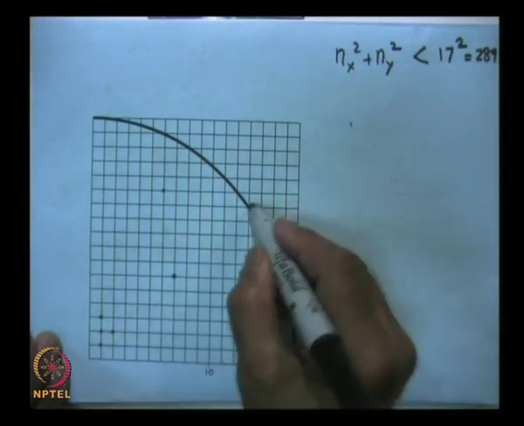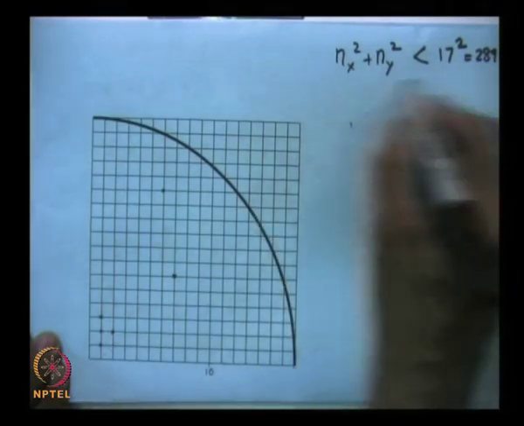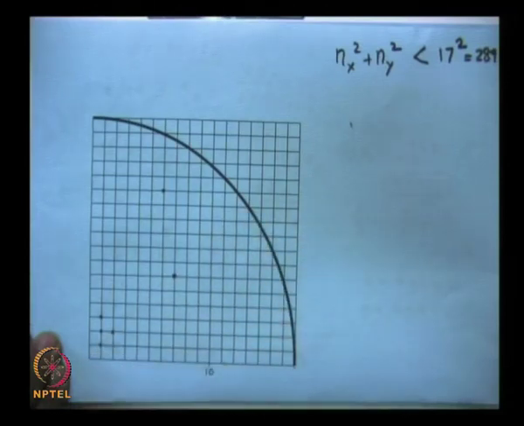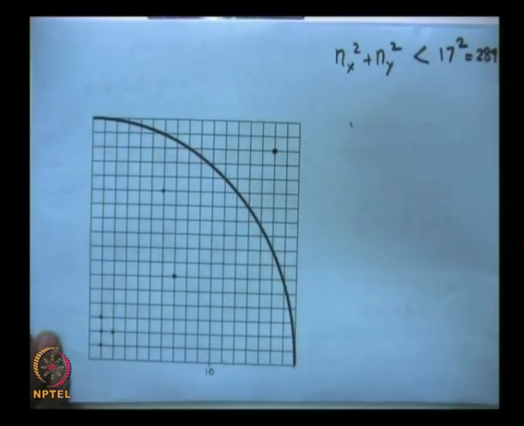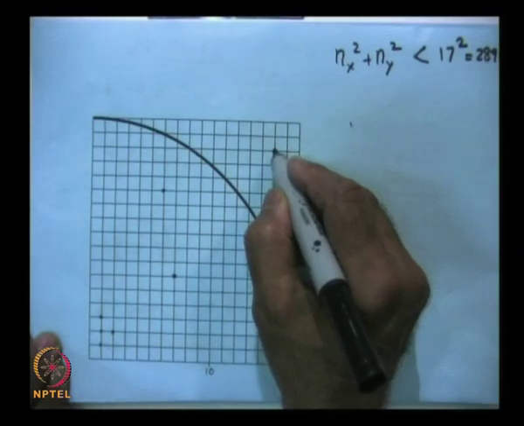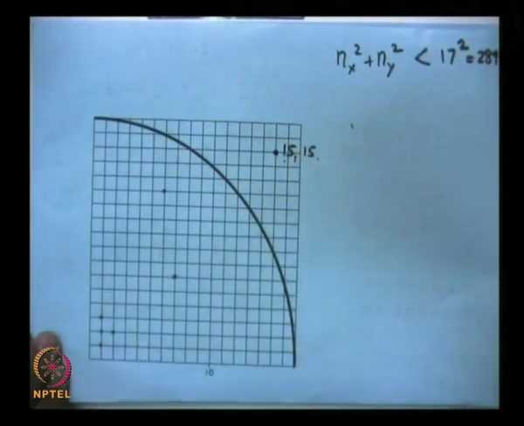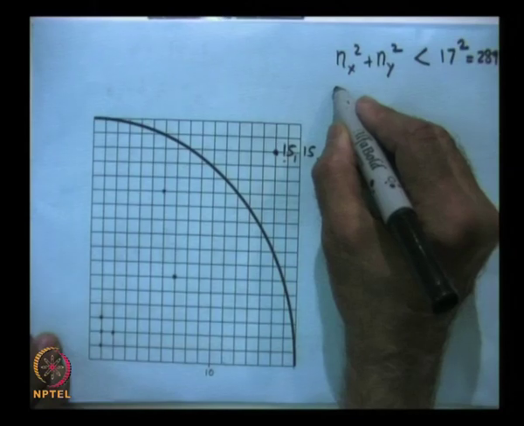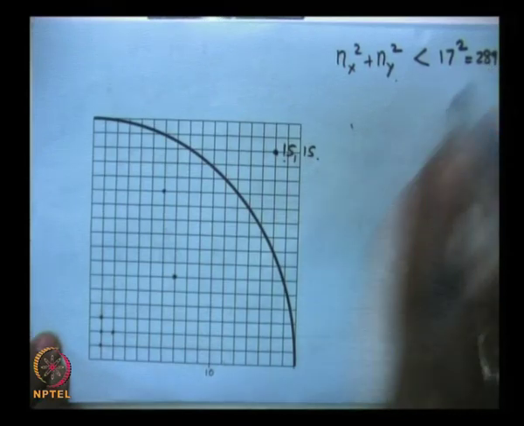So, any point inside this will be such that their sum of the squares will be less than, because this is the radius of the circle. Any point outside, for example, here this is 15 and 15. So, for this the sum of the squares will exceed 289. So, therefore, if I want to find out the sets of integers whose sum of squares is less than 289,